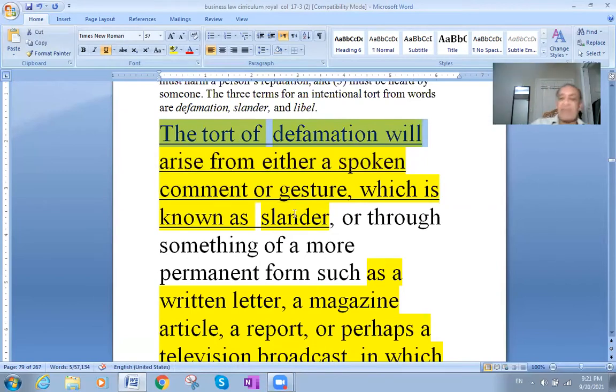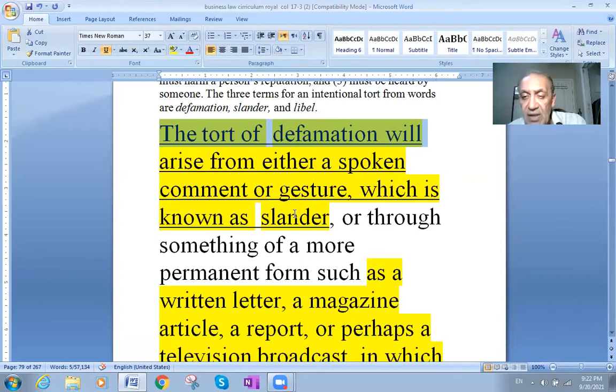The first one is defamation. Defamation means you try to spoil the reputation of someone by scolding or abusing him, while he's present or not present. As an example, I talk bad about a successful person, or I talk bad about a successful company, or I say any words about this company. For example, they are producing products with hormones, and they are cheating the consumers or causing the consumers death or some kind of illness. In that case, you are defaming this company.